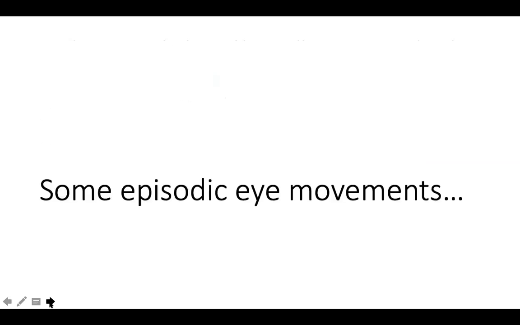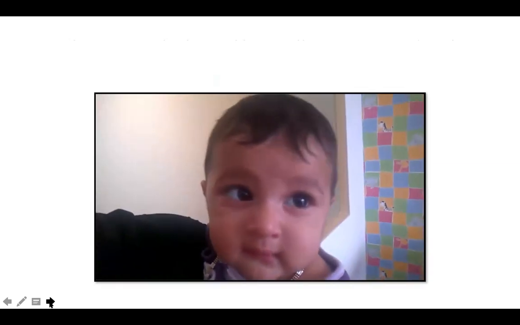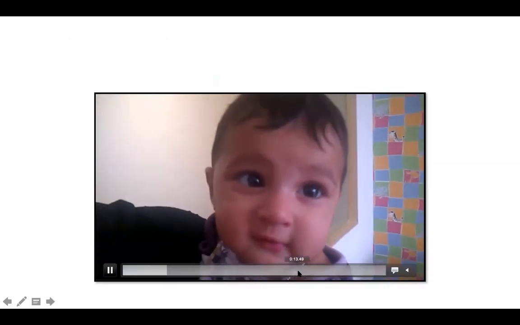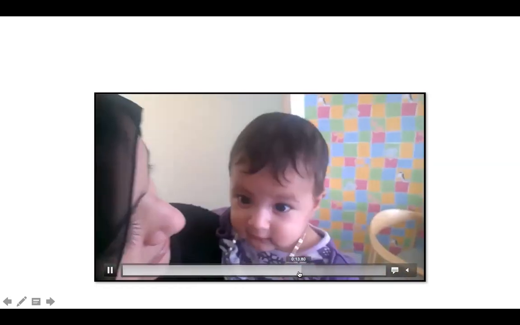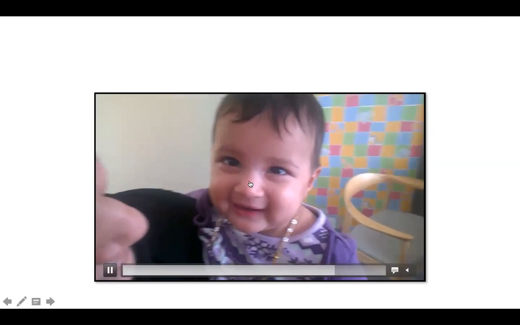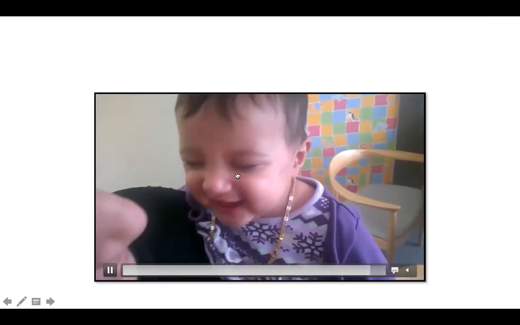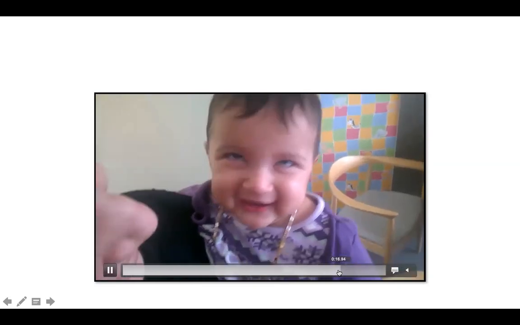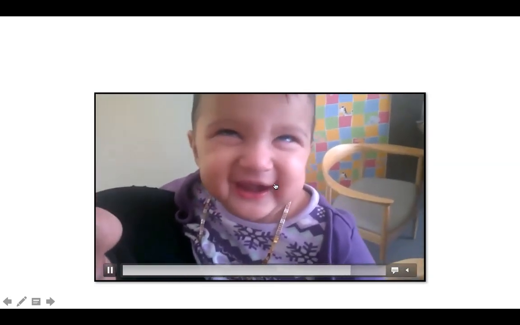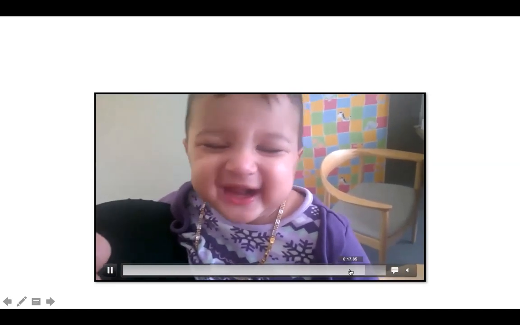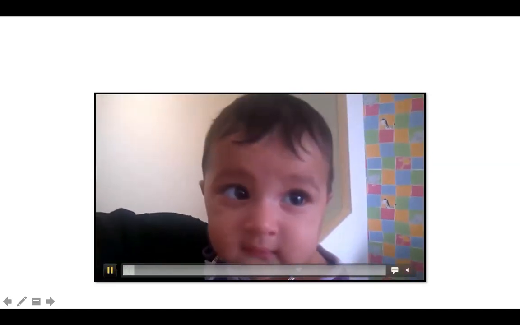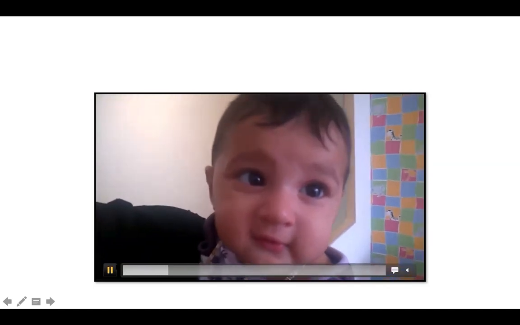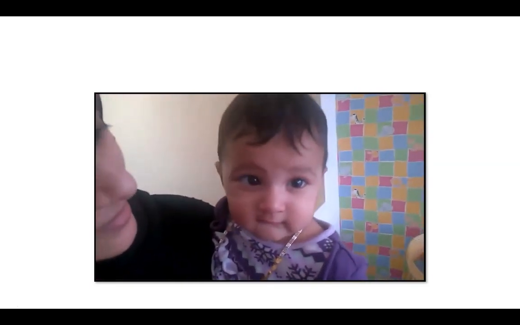So are there again some examples of episodic eye movements which can be confused with convulsions, like this child who would have this sort of rapid uprolling of eyeballs, which is nothing but a paroxysmal tonic upgaze of infancy. So not all uprolling of eyeballs is a seizure. This is the idea behind showing all this, because generally students and residents say uprolling of eyeballs, seizure. So not all uprolling of eyeballs is a seizure. This is called paroxysmal tonic upgaze of infancy.